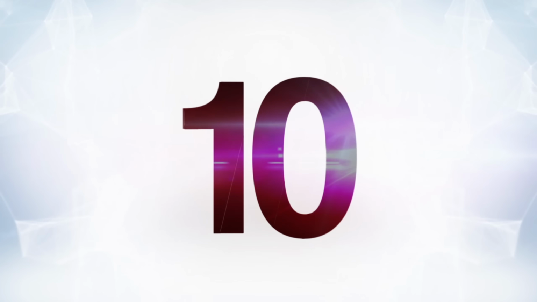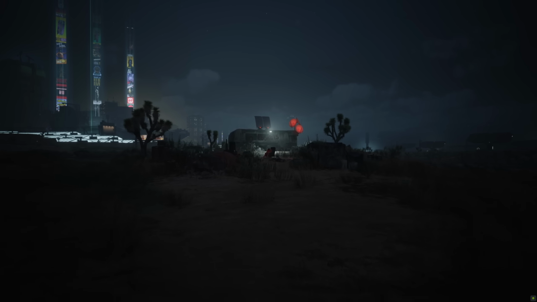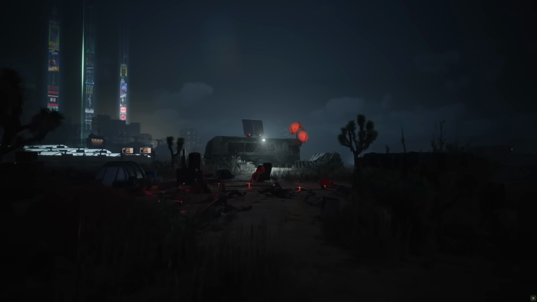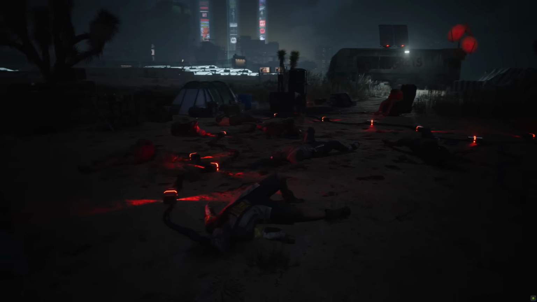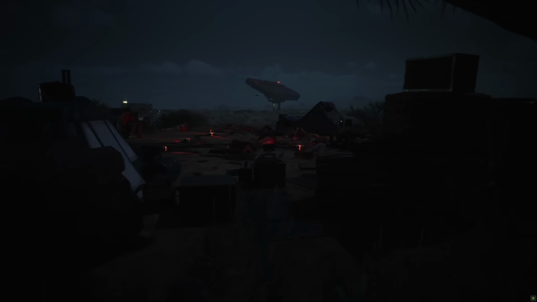Starting off with number 10, it's the Children of the Ark ritual site in Cyberpunk 2077 Phantom Liberty. Out in the Badlands south of Night City, you might stumble upon this unnerving location. It's an unpleasant spot, no matter what time of day it is, but at night it's especially disturbing. All you see at first is a group of dead bodies and some kind of ritual circle, which is bad